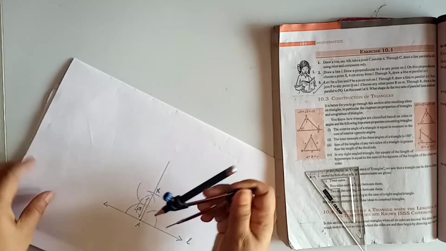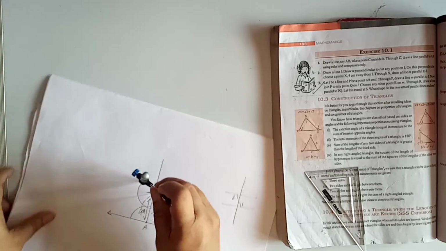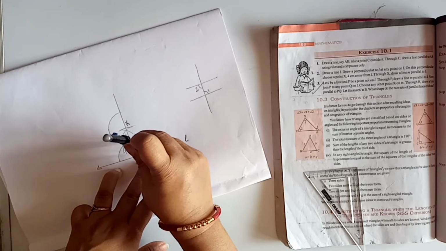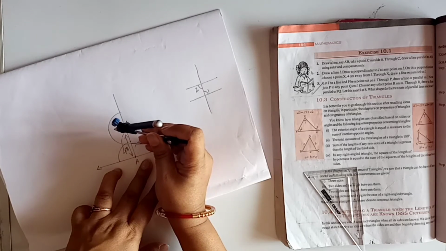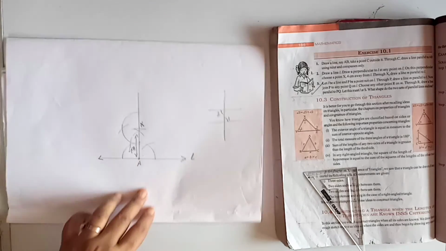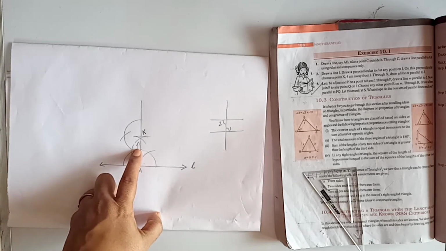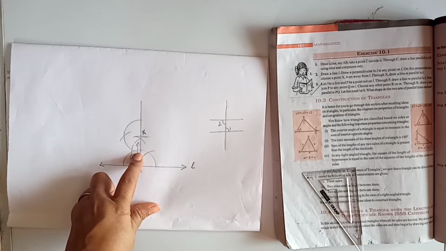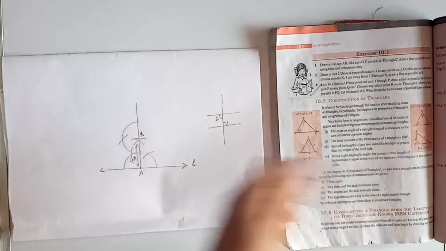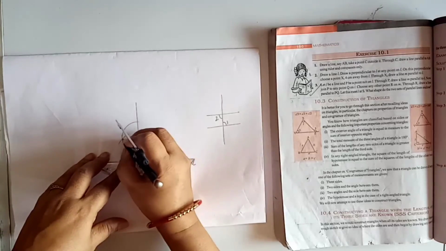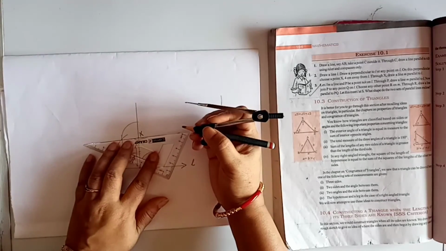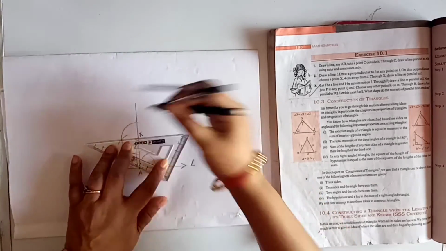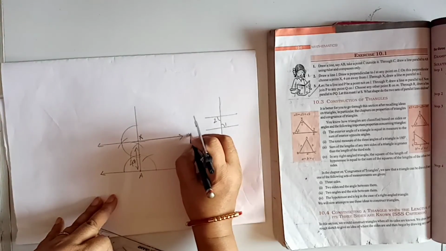And we will draw the arc. Then we will keep our rounder at this point and we will measure the distance. This is the distance, so we will keep the rounder over here and we will cut the arc. We have taken the measure from here to here. Then with the same measurement, we keep the rounder at the point of intersection of the arc we drew at point X and cut the arc. This point of intersection and this point X, we will join them. I have joined this. This line is now parallel.